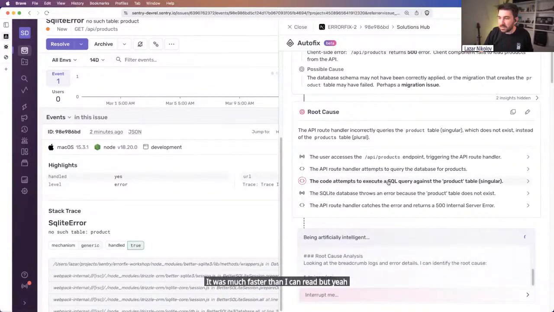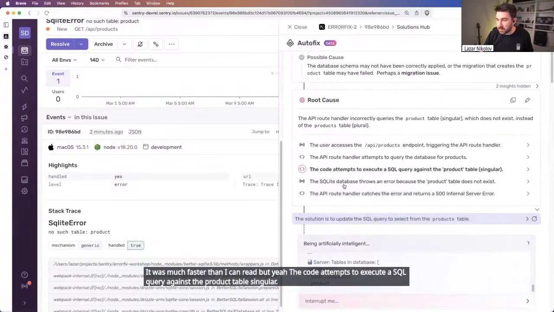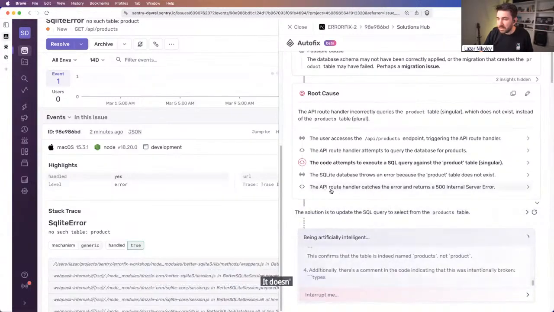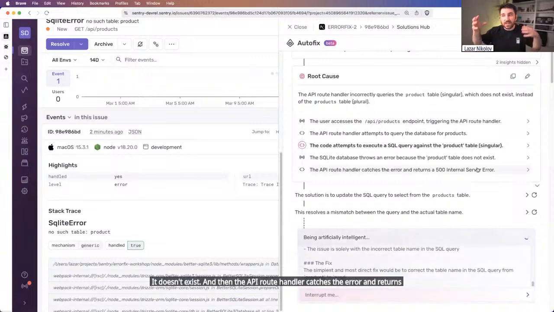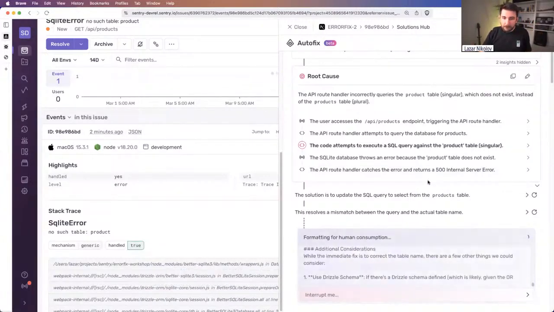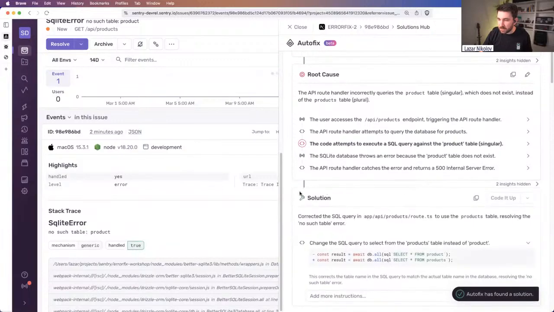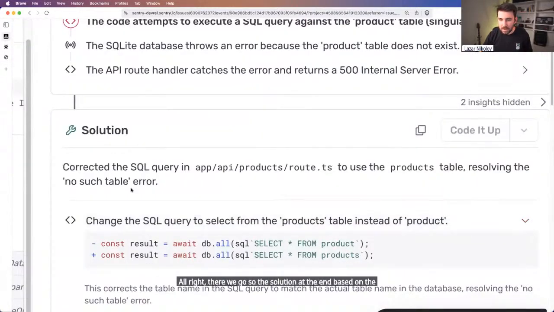The code attempts to execute a SQL query against the product table, singular. It doesn't exist. And then the API route handler catches the error and returns the 500 internal error. See, it figured it out. All right, there we go. So the solution at the end, according to the robot, is